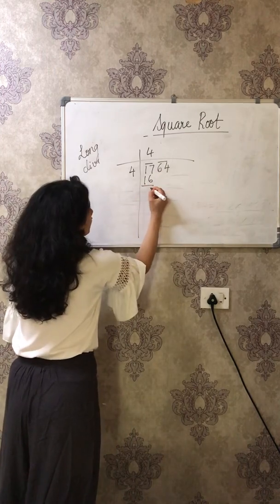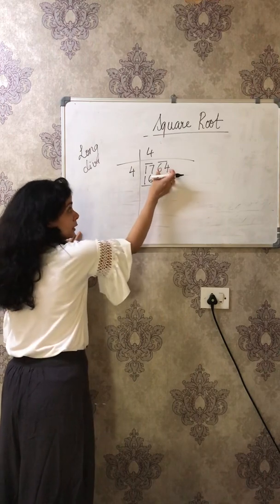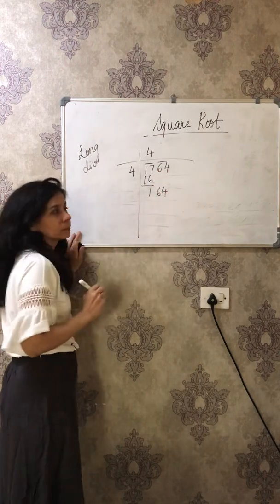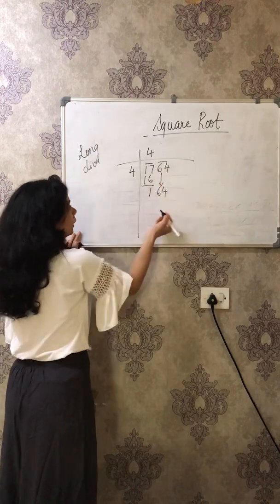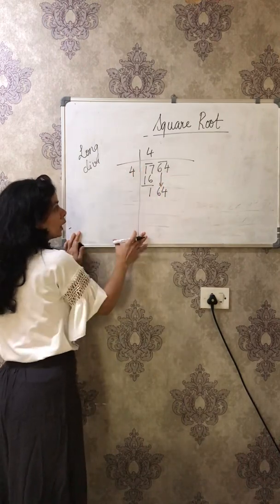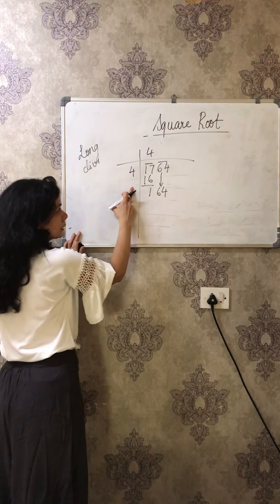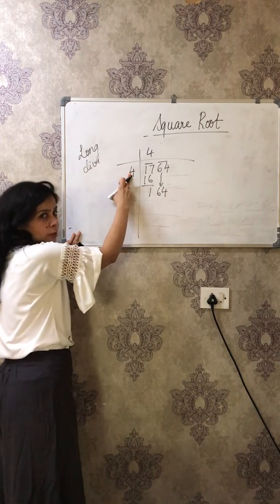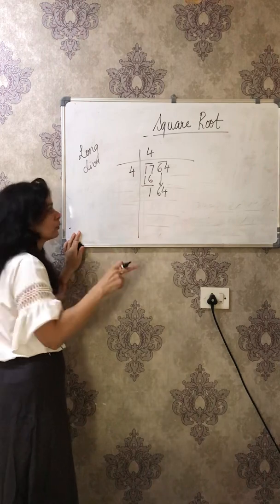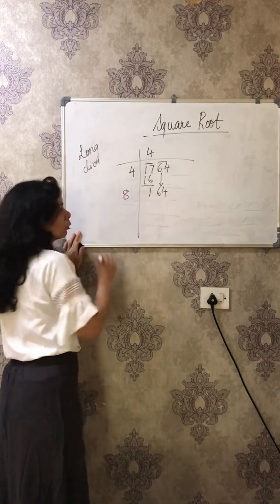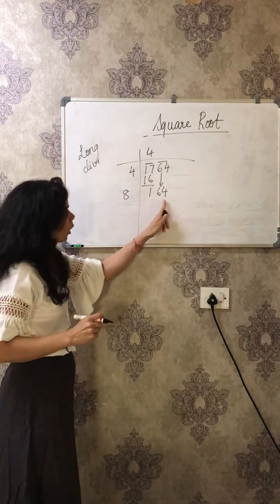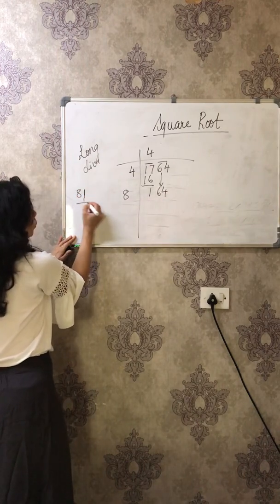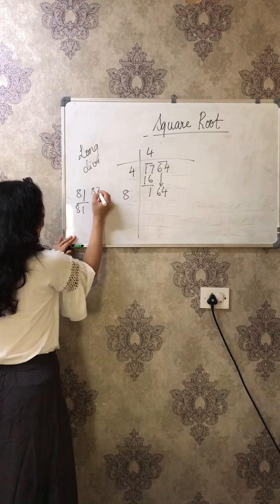You will do minus, and since these 2 numbers are in a pair, we will bring both the numbers down. Okay, now for the next step, we will add the same number to this number. Like if we have taken 4, we will take 4 plus 4, which is 8. Now we will write 8 here and see how it will go. Okay, so again we have to check like this. 81 1s are 81, 82 2s are.